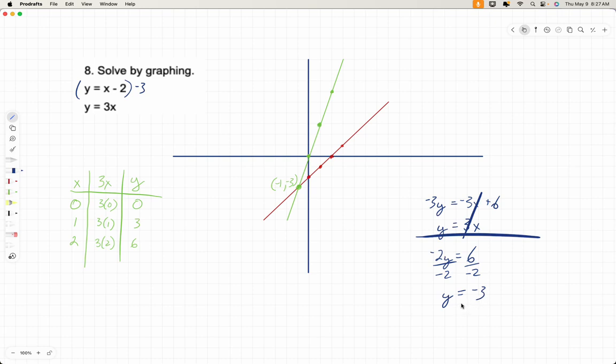It doesn't matter how you solve it. And if I put that in here, -3 is the value of y. That's 3x. Divide both sides by 3. Then -1 is equal to x. Doesn't matter whether you solve it by substitution or elimination or graphing. You're going to get the same answer if you do the steps correctly. Okay? So if it is one that you struggle with, solving by graphing, you can use another method. We just want you to understand that you're doing the same thing regardless. Some people just like to see it visually. This is the visual way to do it. All right, next problem.